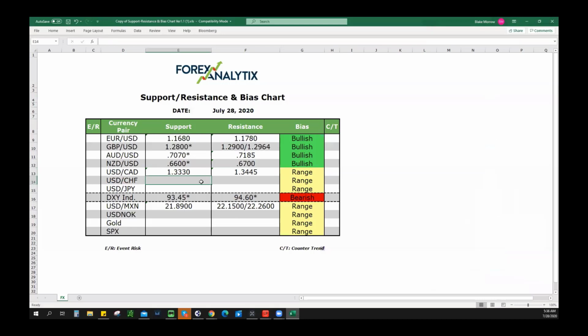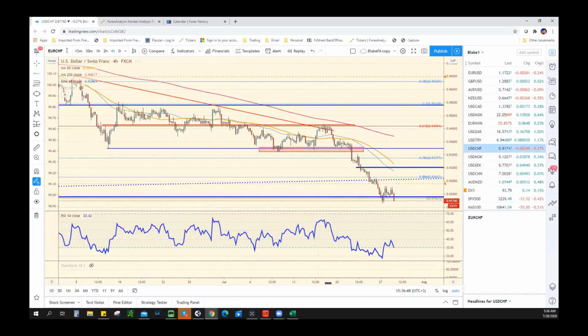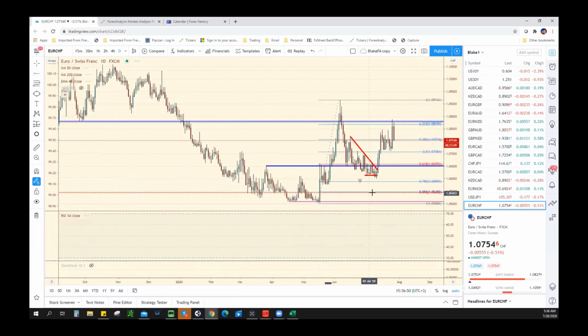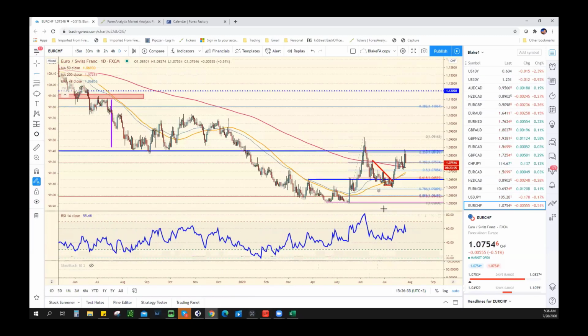So is the SNB, Blake, I know you bring them up a lot when you talk about the Swiss. Is this going against what they want to happen with this direction, or are they okay with it? They don't like the strength of the Swiss franc. They want it weaker. Okay. They're constantly in the market trying to weaken the Swiss, but they're more concerned about the Euro Swiss. And so less concerned about the dollar Swiss, but you can see the Euro Swiss has had it just really